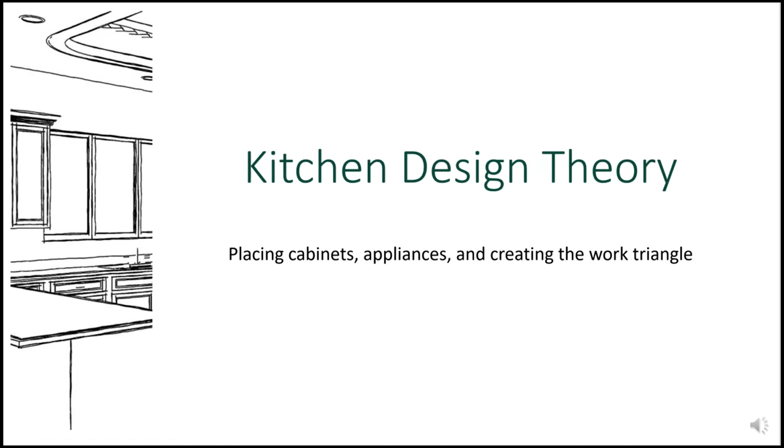Before we start placing our cabinets in our kitchens and bathrooms, we want to talk a little bit about design theory. We'll start with kitchen design theory and some things that you must keep in mind when you're designing your kitchen, and that's for the sake of the occupants. But what we're going to do is place cabinets, appliances, and create a work triangle. This is a new term for you probably, but work triangle is